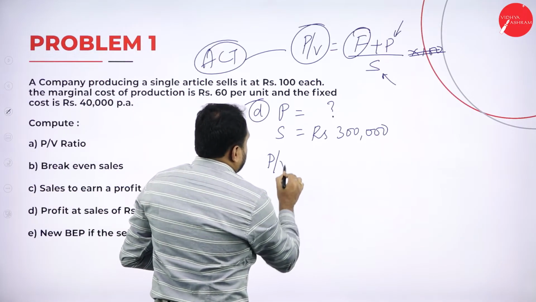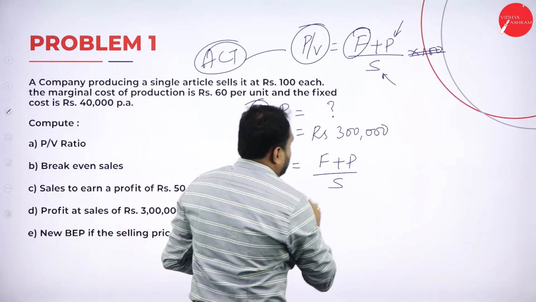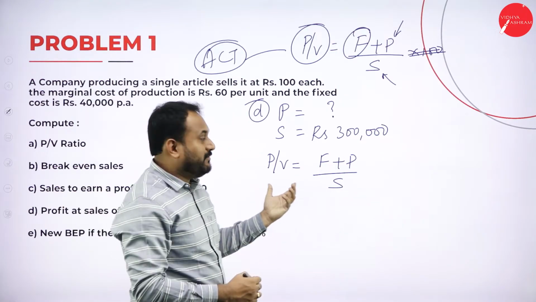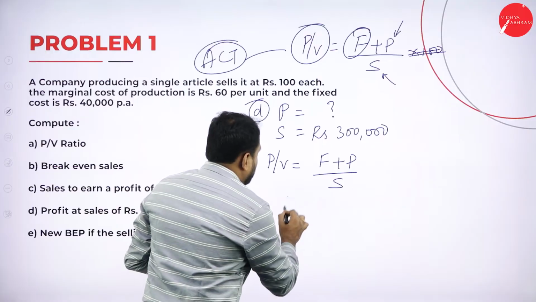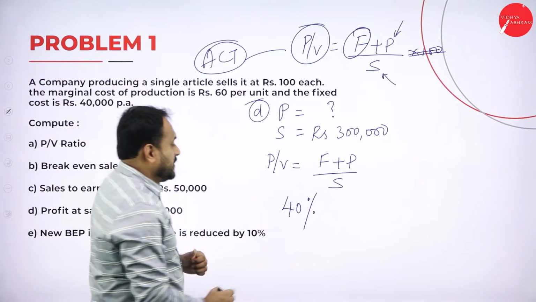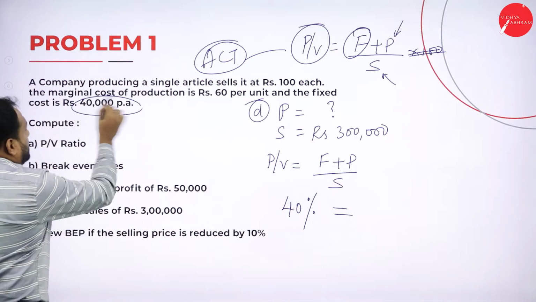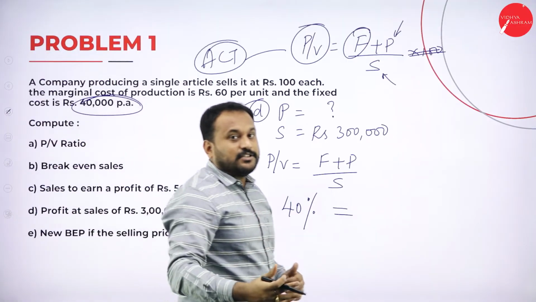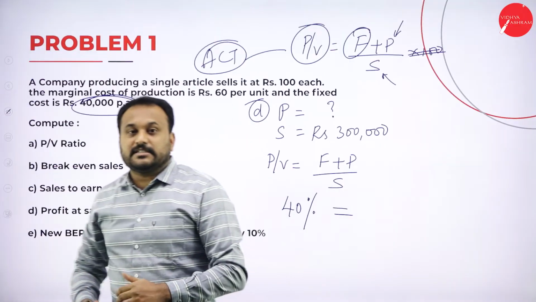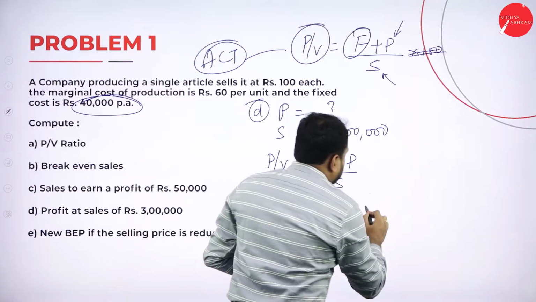PV is equal to F plus P divided by S. Now, why will I not write into 100? Because I have already calculated PV. My PV will not change. That is 40% is my PV. Next is equal to, what is my fixed cost? Whether the profit will increase or sales will decrease, whether sales will increase or profit decreases, my fixed cost remains the same. So it will not change. 40,000